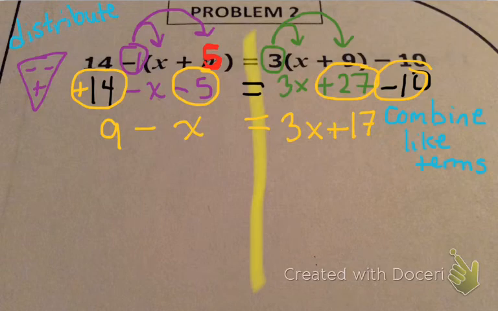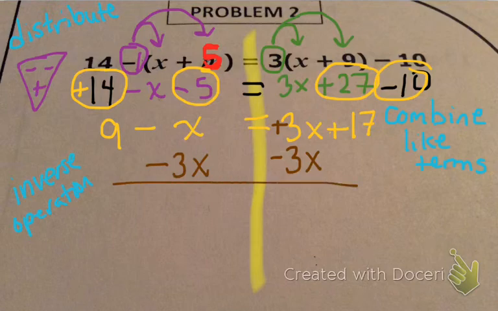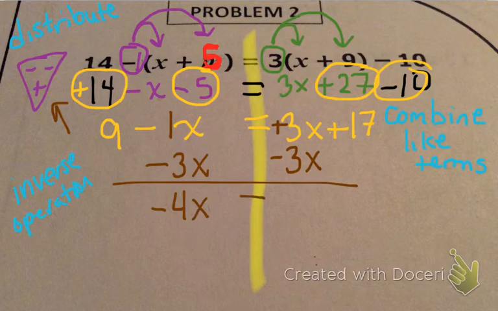Okay, now to get something to the opposite side of the equal sign, we do the inverse operations. It doesn't matter which side you put your x's on, I just like them on the left. So I'm going to move my 3x over to the left. If it helps you, put a little plus sign in front of there so you know the inverse is -3x. So -x minus 3x, if you need to, put a little 1 there. We know our integer rules. That's going to be -4x, because -1 minus 3,